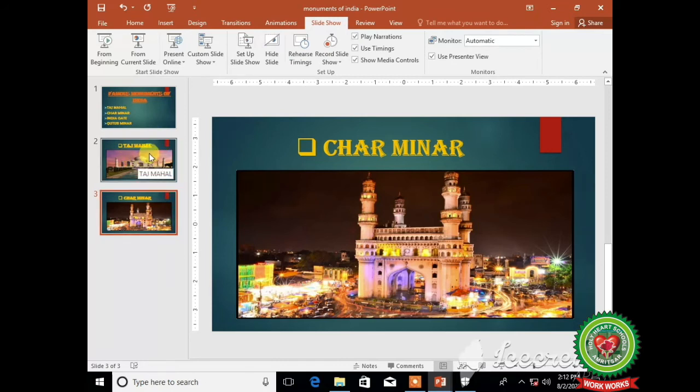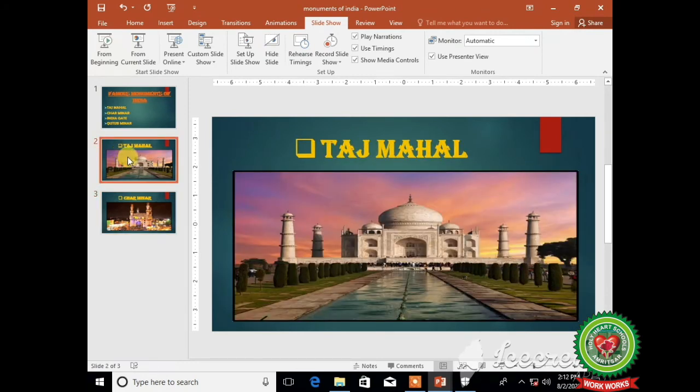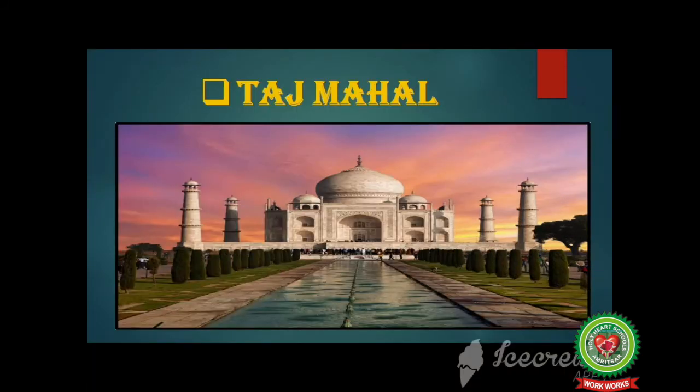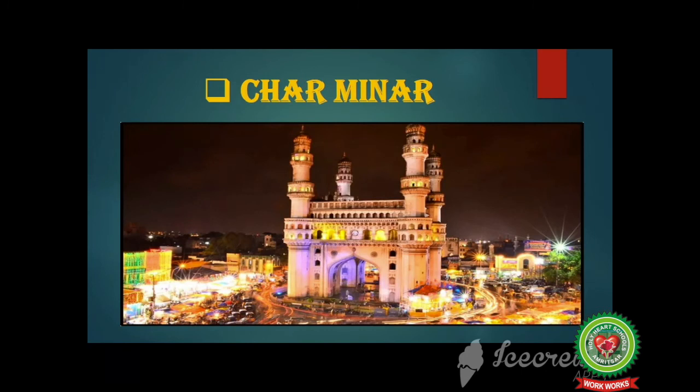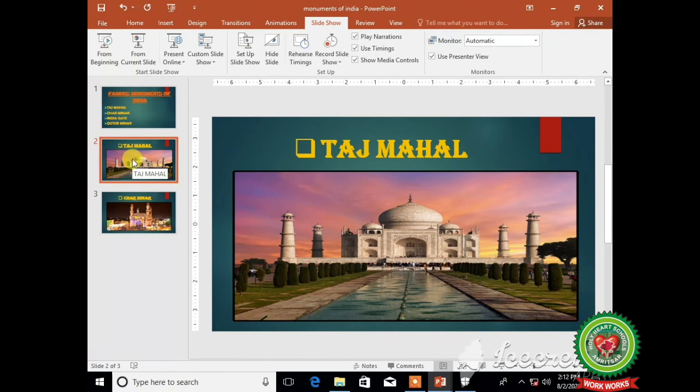Students, if you want to view the presentation of a particular slide, for example, suppose you want to view the presentation of the second slide, firstly, click on the second slide and press the shortcut key Shift F5 from the keyboard. And you can see that our presentation will run from the second slide. Now use the arrow keys to move to the next slide and escape key to exit the slideshow.